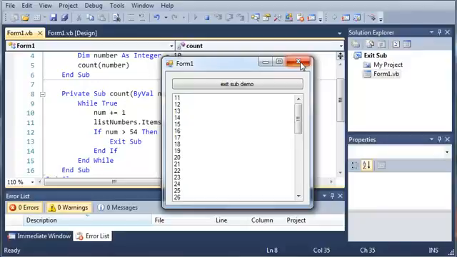Now you can also use this with a function. So you can create a couple subs or functions, and you don't have to use a loop in them. You can do whatever you want. Practice exiting the subs based on a certain condition, and once you got that down and you're not going to forget it,